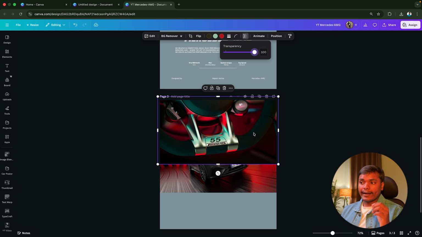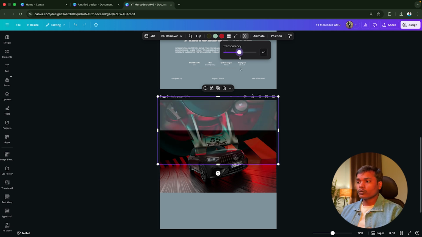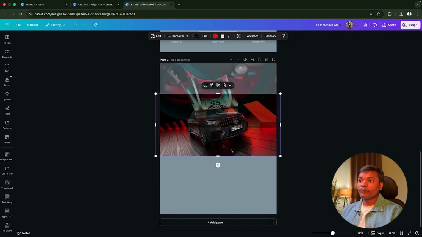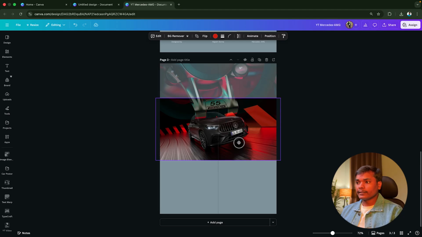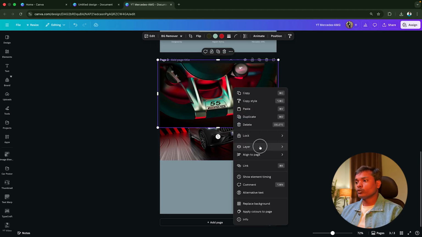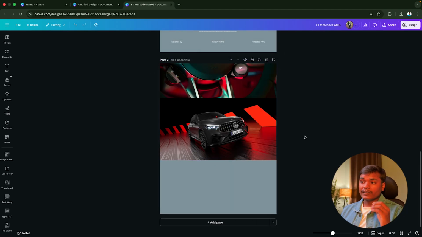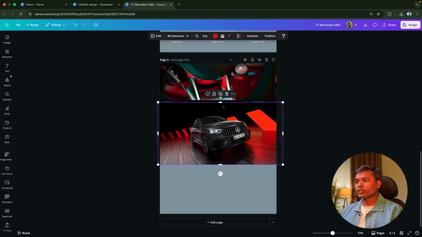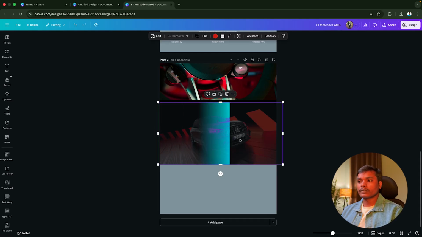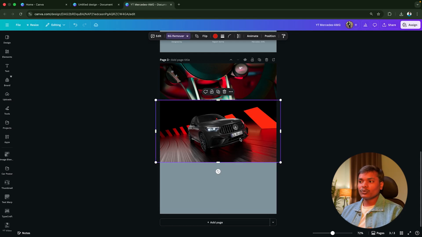So I am looking at that. After decreasing the transparency, it looks good. So I have to place the car a little bit lower like this. I will increase it and send it to the back. The small adjustments of placing the images, I will figure out after creating the complete design. I will just duplicate it and remove the background of this. Why I am removing the background, let me show you that also.